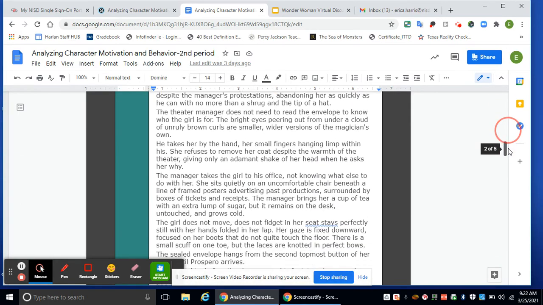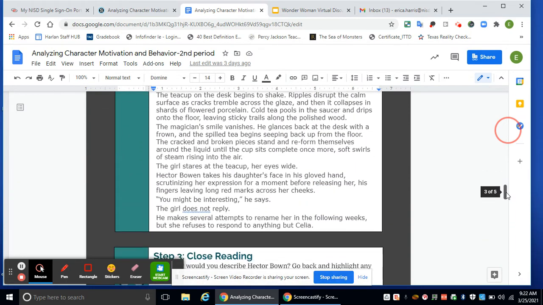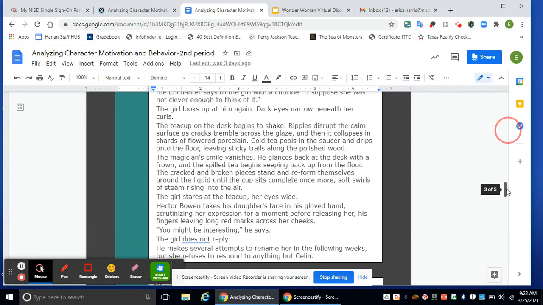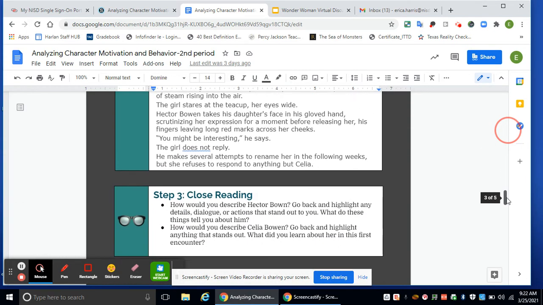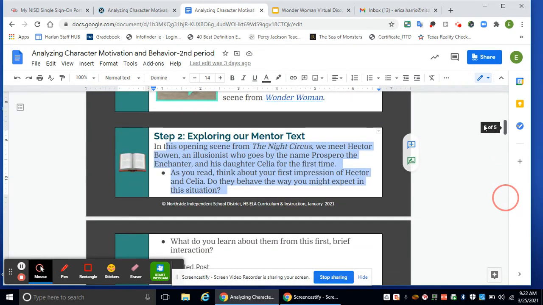So you will scroll and first read. If you're in class, we do a first read with some reading strategies, and then I read it to you. That's why I'm recommending that you highly be there, especially for those of you who struggle trying to get through the reading. And then go back and make sure that you answer those questions in step two. This right here is part of your grade. Make sure you answer them.